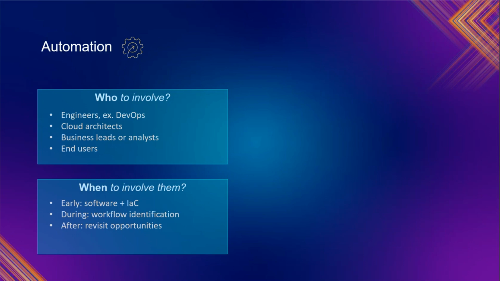Understand, design, then implement. Now, in the understanding stage, who all need to be involved for the automations? When you meet the business team, the engineers and developers we need to involve need to understand that these are the areas you need to automate, that you need to identify, and tell them this is the way to implement it. Then cloud architects, because if you're going to implement in the cloud, they need to understand that the cloud is already providing an ArcGIS Enterprise Builder, which will help you deploy automatically. But if you're on-prem, you need to use Chef or PowerShell, so they need to be there during the discussion